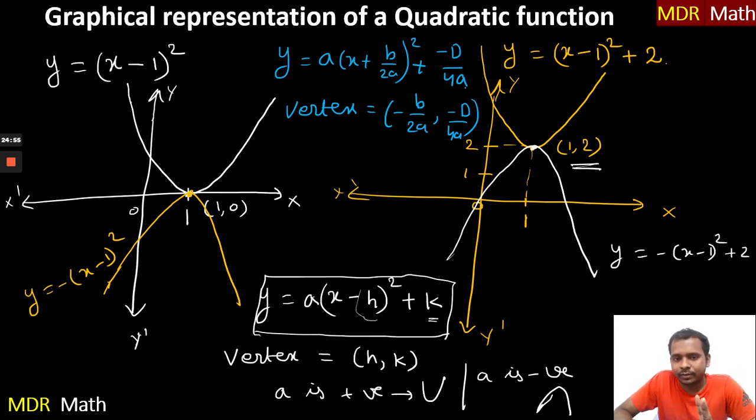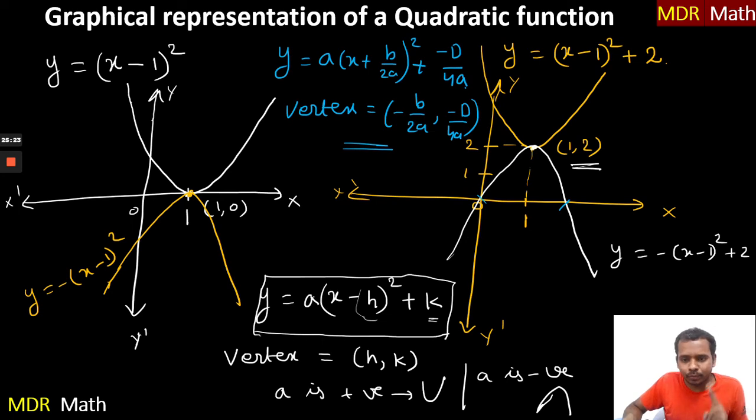One is the vertex of the parabola, or the vertex of the given function, and the roots. Wherever this curve intersects the x-axis, there you will see the roots of the equation. Roots of the equation are nothing but where y is equal to 0. So y is equal to 0 on the x-axis. Whenever this curve crosses the x-axis, there you will find the root of the equation.